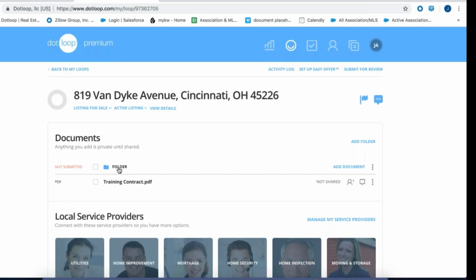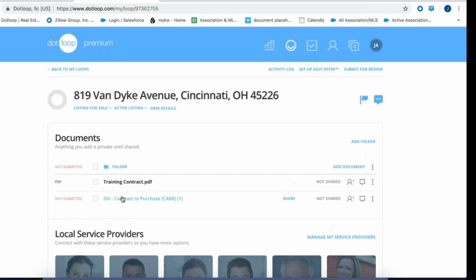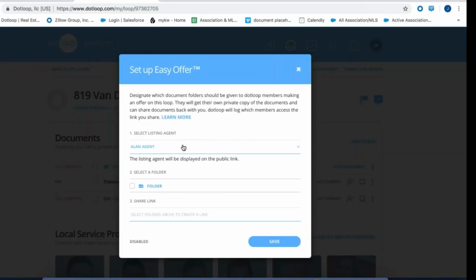So we'll say that this folder with our contracts, just pretend that these are our disclosures. I can click on Set Up Easy Offer, make sure that I'm listed as the listing agent, select what folder. In a loop, you may have multiple folders. Make sure you check off the correct folder that you want the shareable link for. Now I have this link. I can click Copy